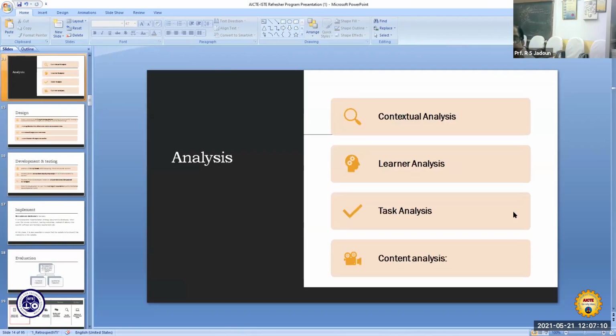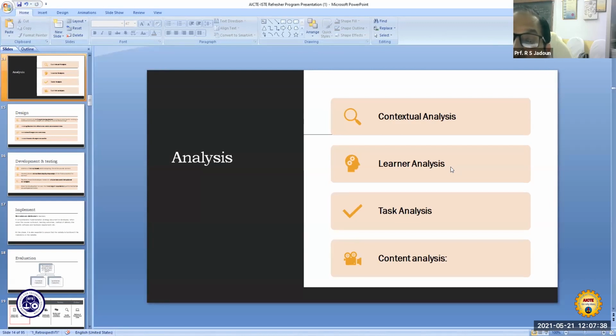Now the first part is the analysis, and here one has to do contextual analysis as per the learner's need. So you have to do the analysis for the learner: what kind of learner, what its needs are, what is the level of the learner's understanding.